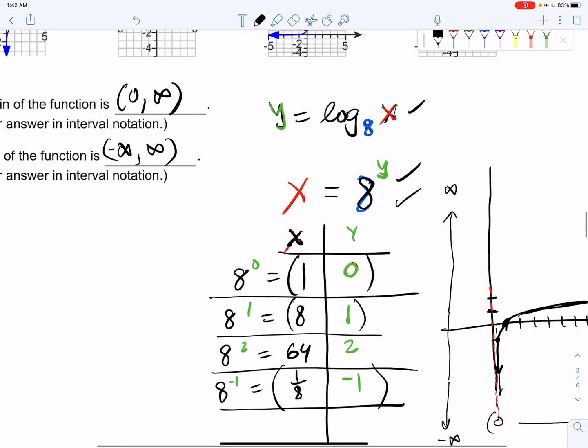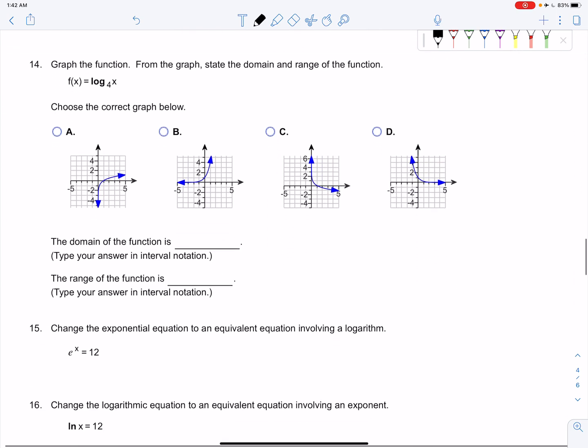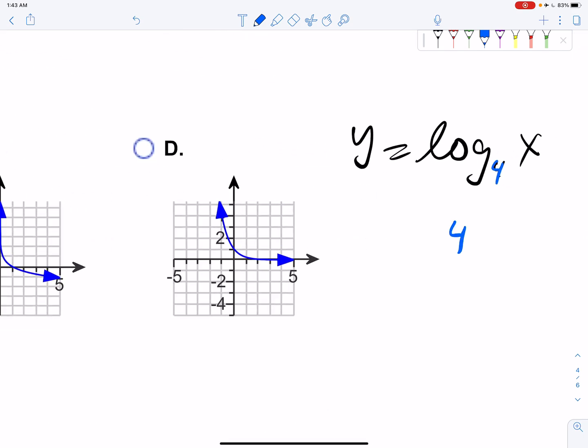Okay, let's move on to the next page. Number 14, graph the function, and from the graph, state the domain and range. Okay, same kind of thing. I think with this one we're going to do the same thing, right? Let's take our function over here, call it y equals log base 4 of x. Let's convert that. The base is 4. The exponent or power is y. And the whole thing is going to equal